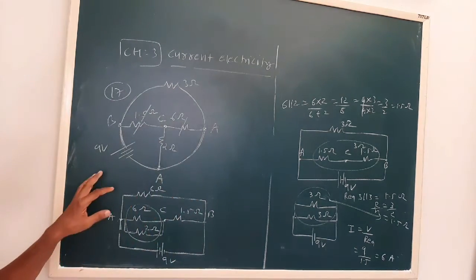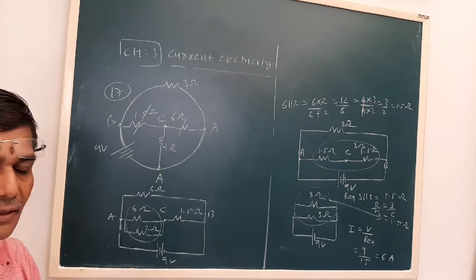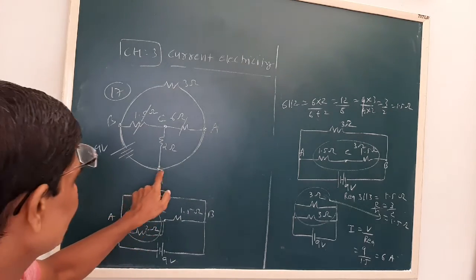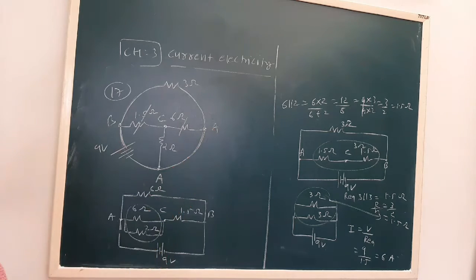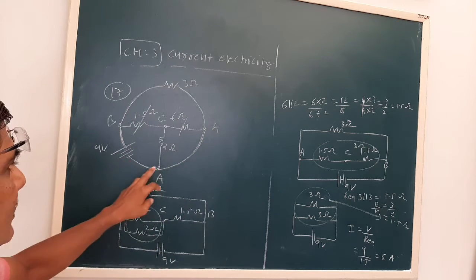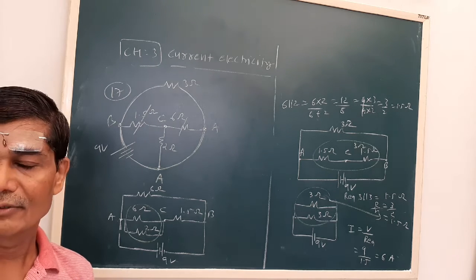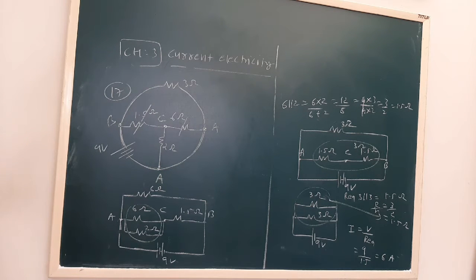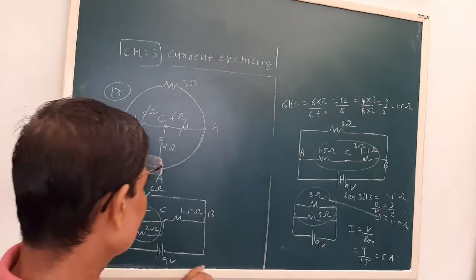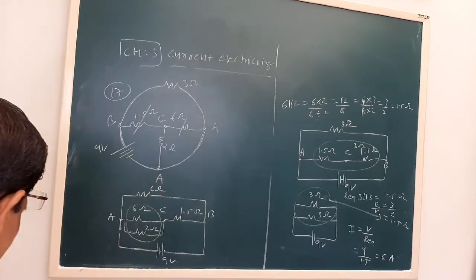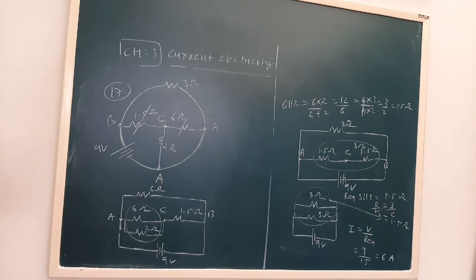See what we have considered. Whenever there is no component, let us say here there is no component, we can consider the same potential. So we can draw the equivalent circuit when a question like this is given, and we can find out the required quantity. Here we have to find out the current. So this is nothing but MCQ number 17.